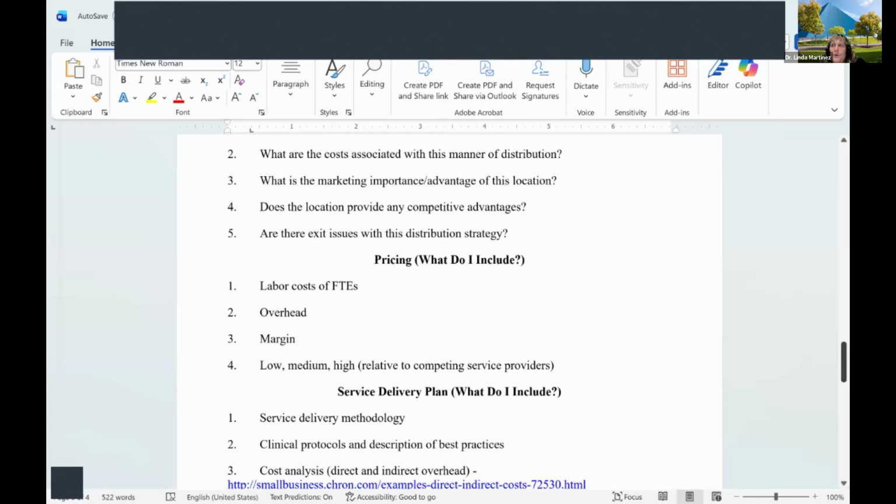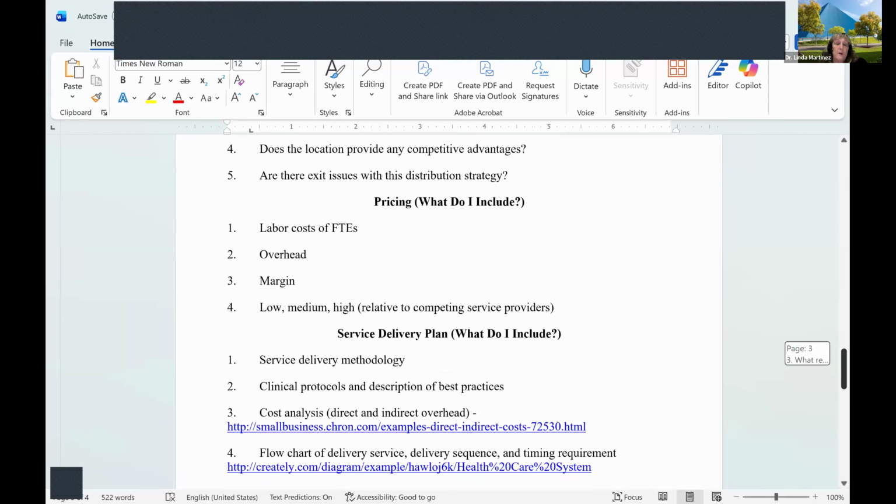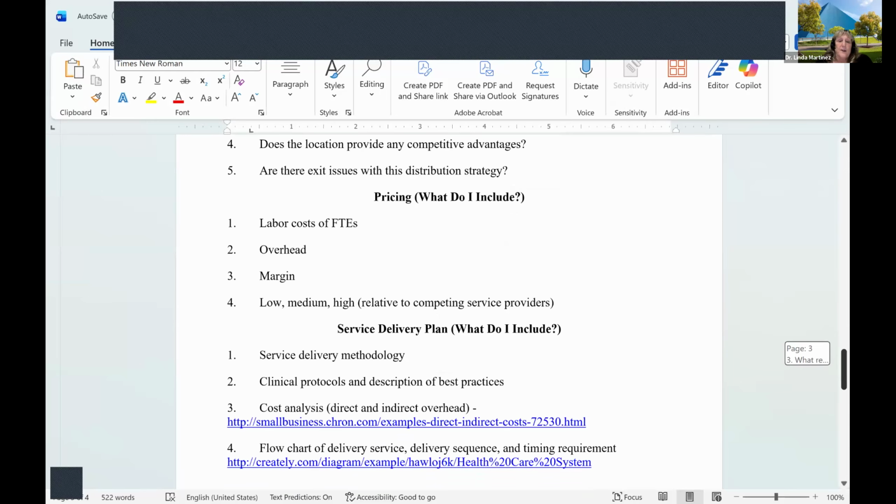How much do you cost compared to your competitors or other service providers? If you're about the same, then you're medium. If you have something that makes you special and you charge more, then you would be high. And if you are kind of a discount and work with them, then you would be low. But that's a very easy answer. You just look around at the competitors, see what their prices are, and compare it to what you're going to charge. And that's the answer, either low, medium, or high. Any questions so far? I know I'm throwing a lot at you, so we can, again, revisit this next week. Okay, I don't see any hands flying up.